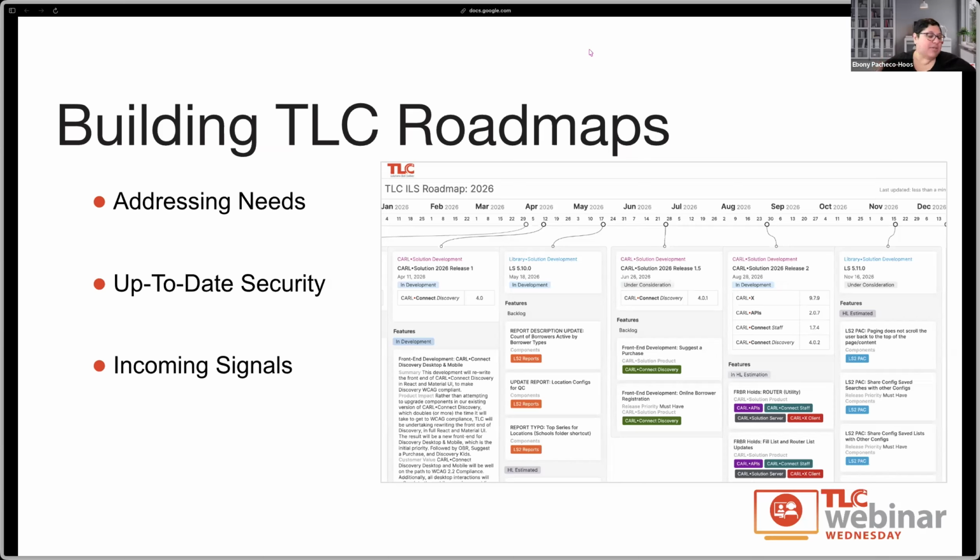And when I'm talking about the technology stack itself, it really is thinking about those things kind of under the hood. So when I am talking about LS2PAC or Carl Connect Discovery that runs on a particular type of server, all of the underpinnings need to be updated with new versions of the software that allows us to build Carl Connect Discovery and LS2PAC, for example. So we really do make sure that those things are up to date.